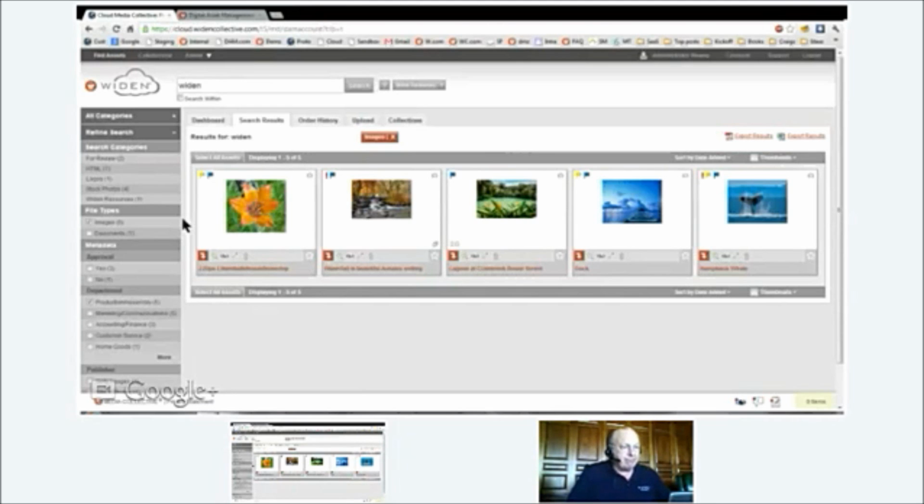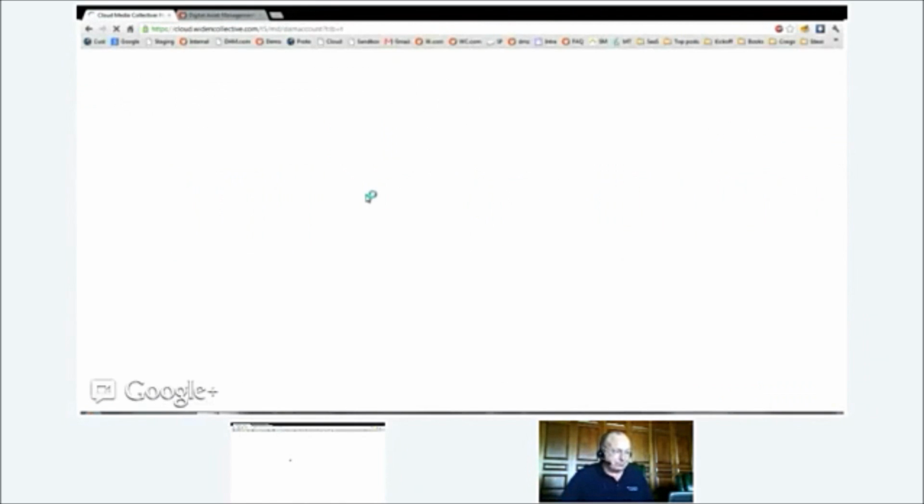And we've also added in quite a few speed increases. So results display faster, searches are quicker, and that's always, as you know, with software as a service, the holy grail, or one of them, is to increase speed. And another aspect of that, if I do just a search across all assets,